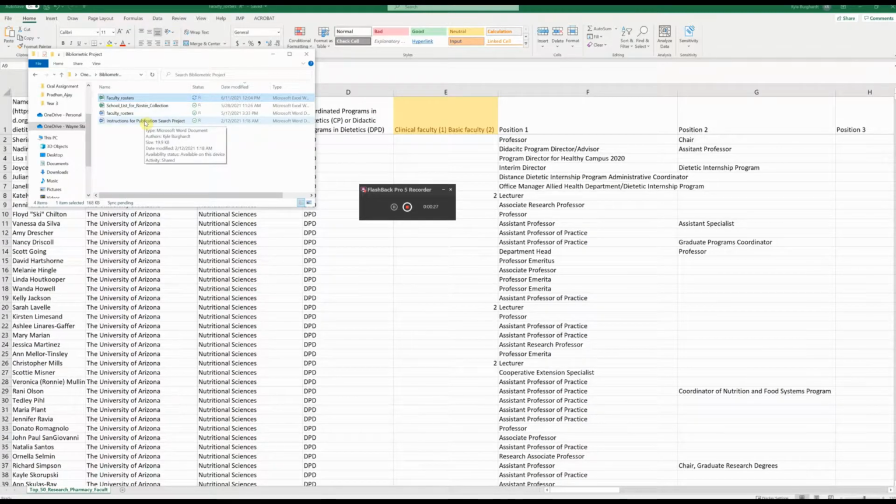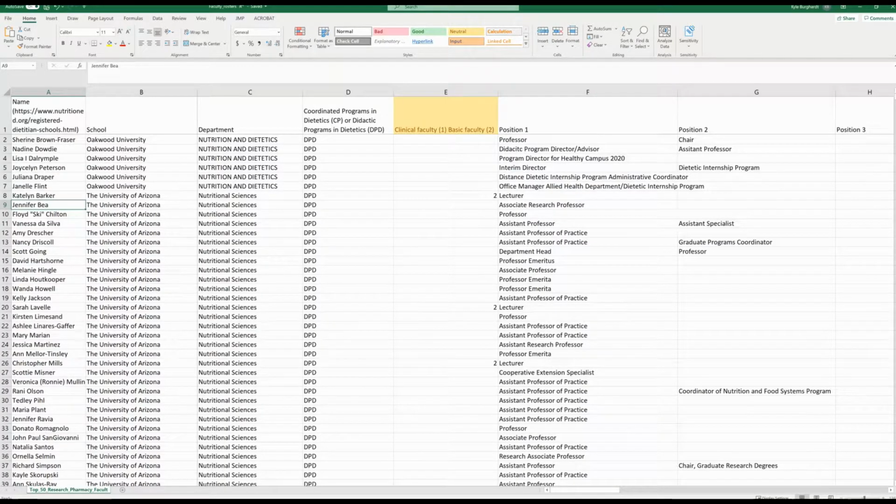To date, we've essentially collected all the faculty roster profiles. We may need to collect a few more, so we are working on finishing that. However, we can start collecting the actual bibliometric data, which is citation-based data or publication-based data. And so the first system we're going to do this with is